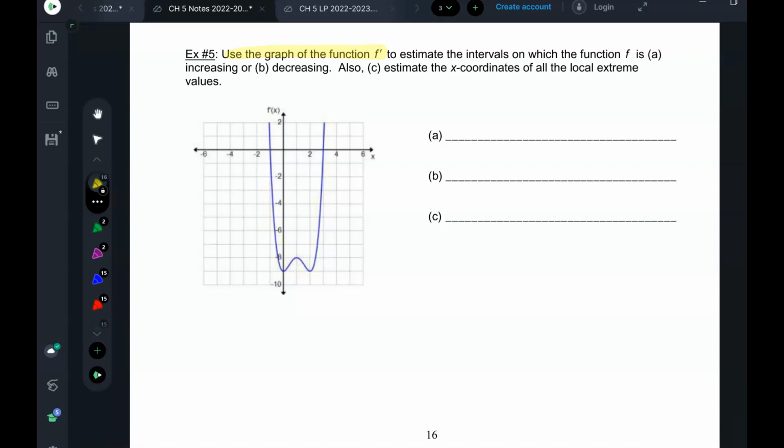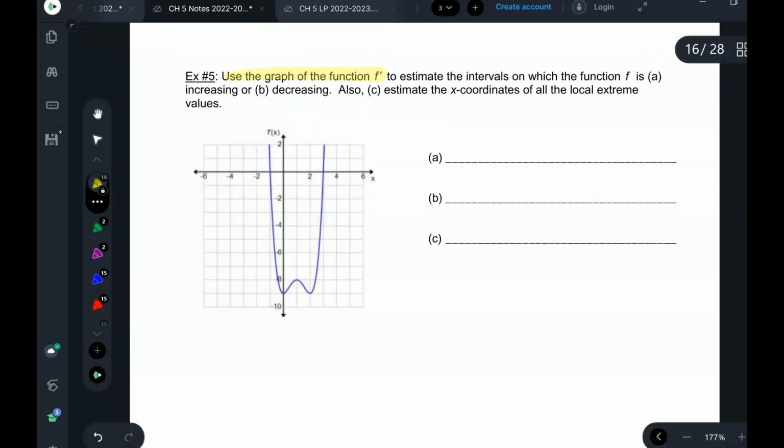Okay, so I'm not giving you the original. So we want to find out, for part A, for the original function, where is it increasing? And then for B, we'll find out where is it decreasing, and then estimate the x coordinates for all the local extreme values. All right, well,